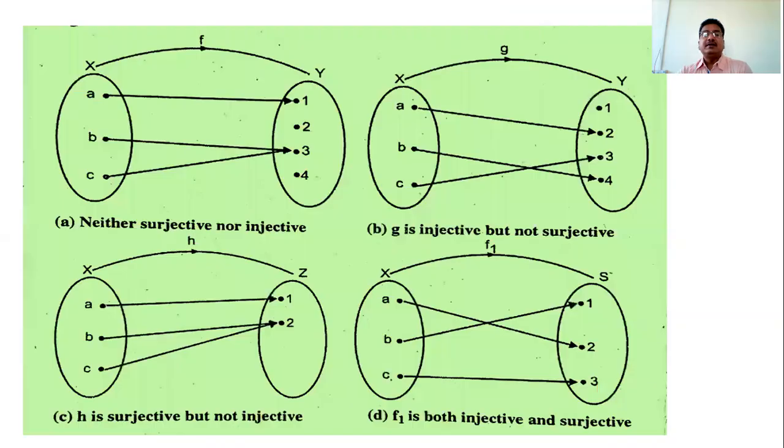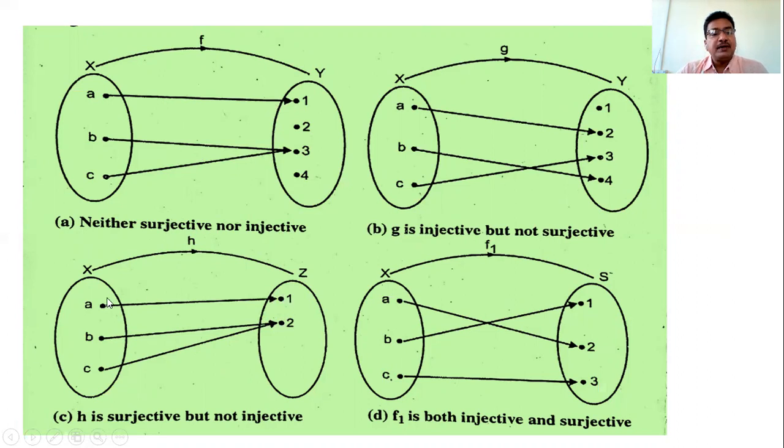For example, this is an example of what? Not surjective. Why is it not surjective? Because this one is an element of the codomain in this function g, but it has no pre-image. Then the function is surjective if every element has at least one pre-image. This function f is also not surjective. This function h is surjective. Why surjective? Because its codomain contains only two elements, 1 and 2, and both elements have at least one pre-image.